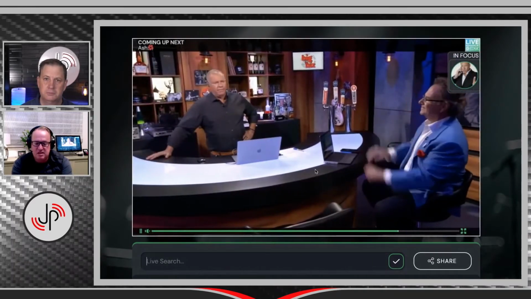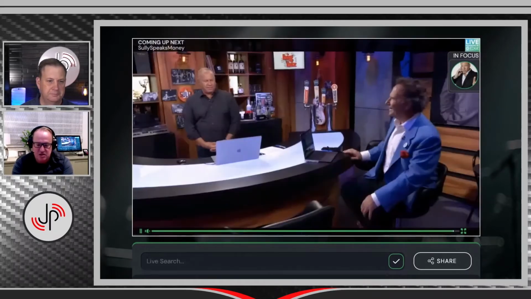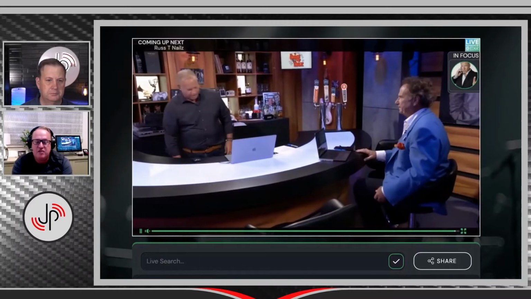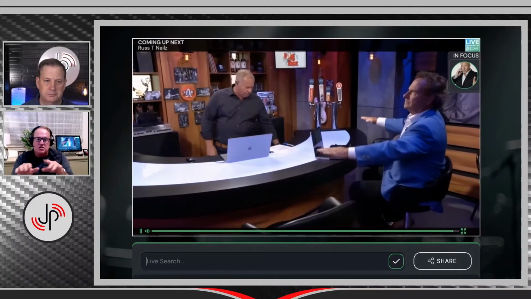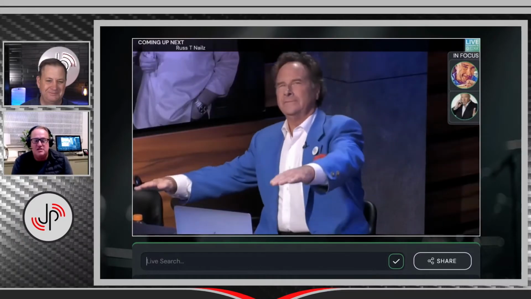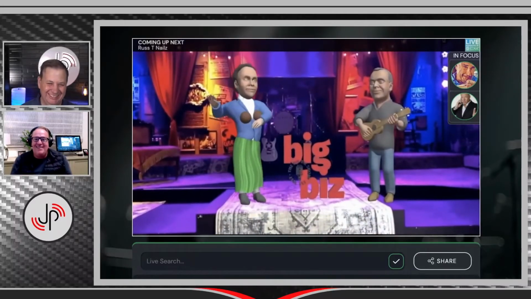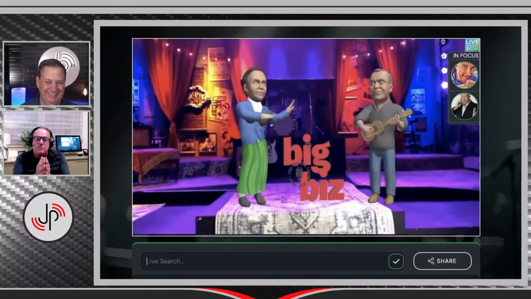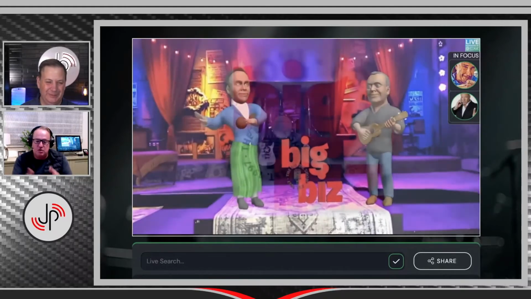The Edge AI player also does live search, which is one of the first pieces of functionality that we introduced. You can see here, for example, that guy Sully who was on before. I'll just do a search, and boom, I can do a text search and find him in the stream. Like with Google, you could do a search and say, hey, I want to see this guy, John Porterfield. Who is this legendary dude? And so we can search across the stream, but not just this stream, we can search across multiple live streams.